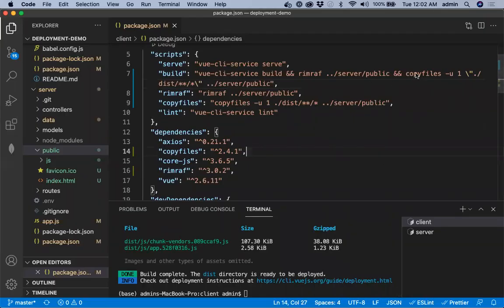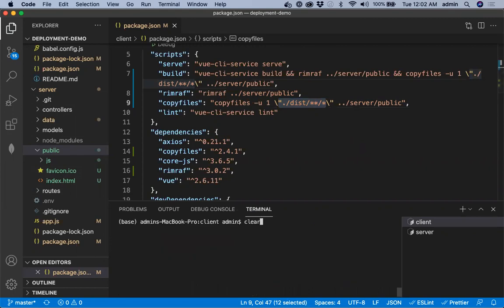I made a small change. So I said copy files -u -1 and then I put it within double quotes. I don't know, this solves the issue. dist/**/*. Okay, so make sure your JS files as well as index.html and favicon files are copied to server public.